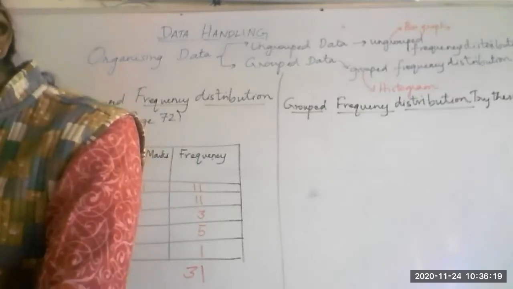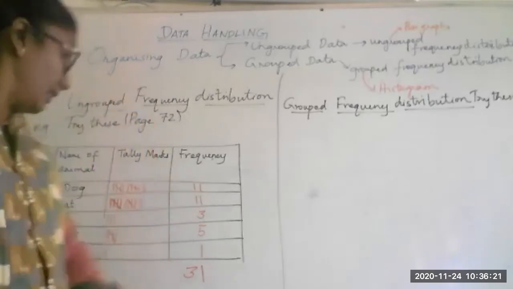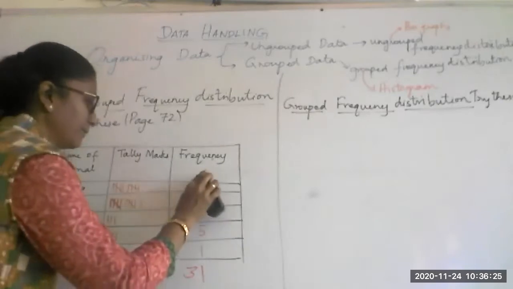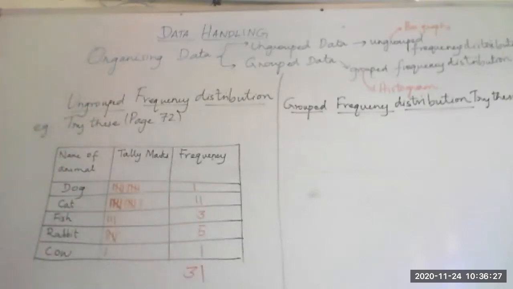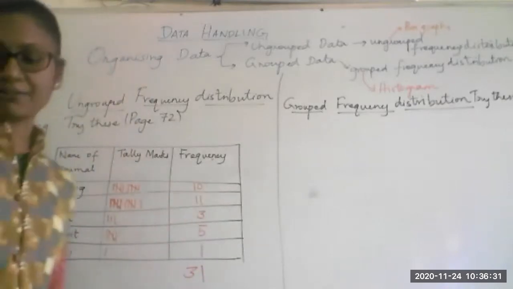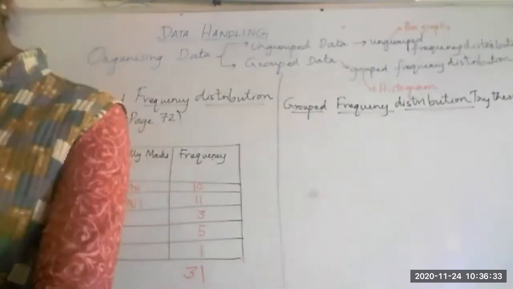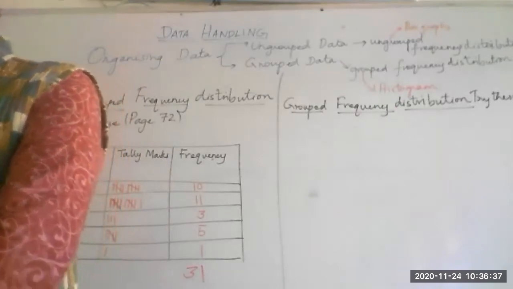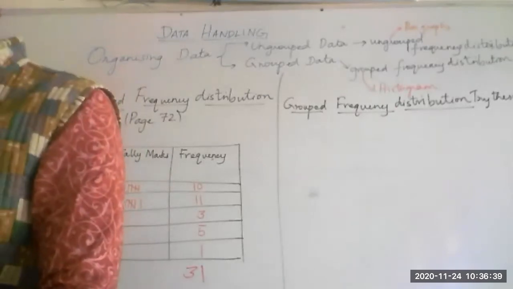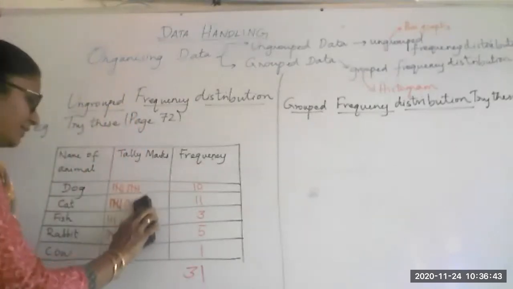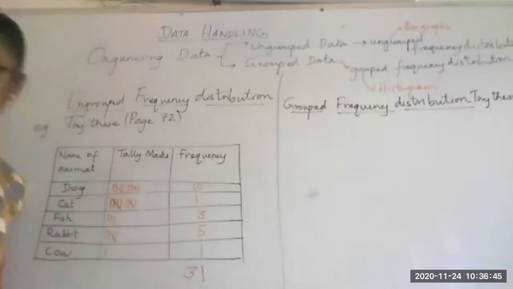Ma'am, 10. Yeah, I think we have added an extra then there. Yeah, it's only 10. Maybe I missed while I was trying to count there. Okay. Similarly, count for the cat. Is it 11 or 10? Cat. Count the number of cats. Ma'am, cat also 10, ma'am. I think I repeated some entry 2 times.